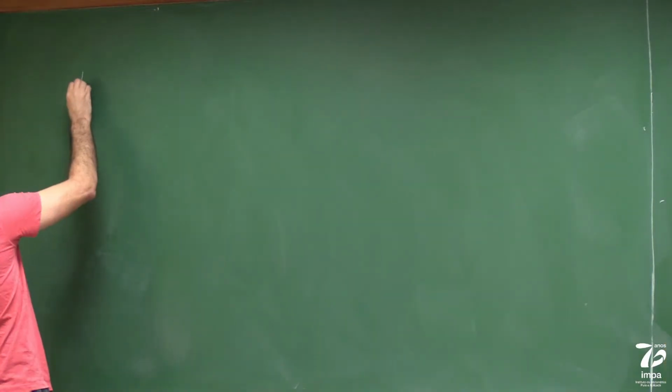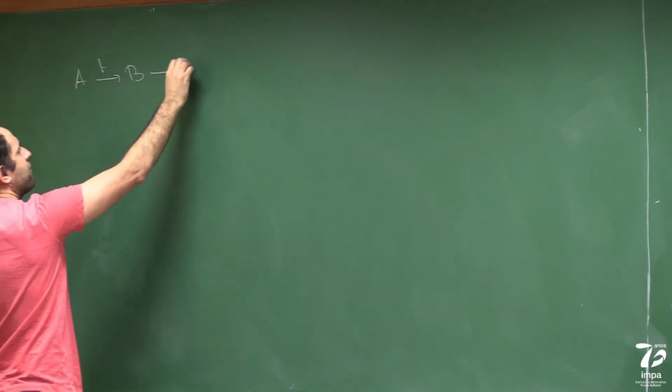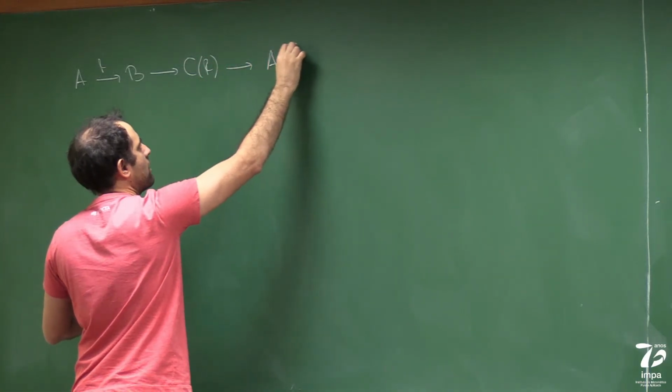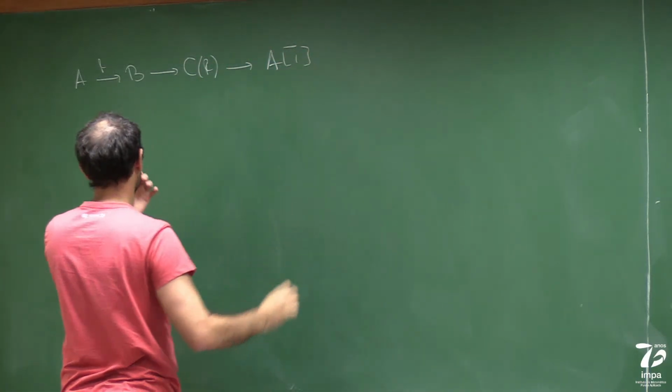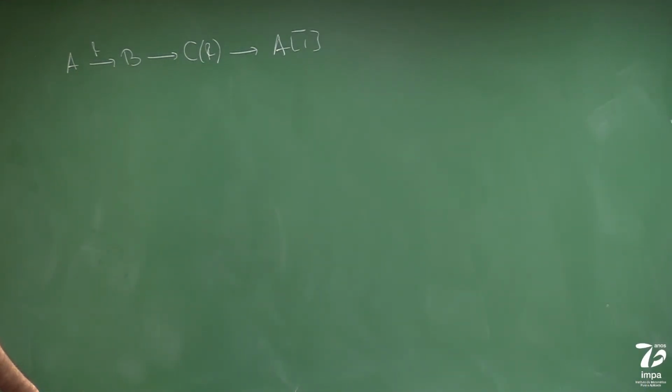So again, I have A, B. This is my map F, and here I have the cone of F, and here I have A shifted by 1. Correct. So now,